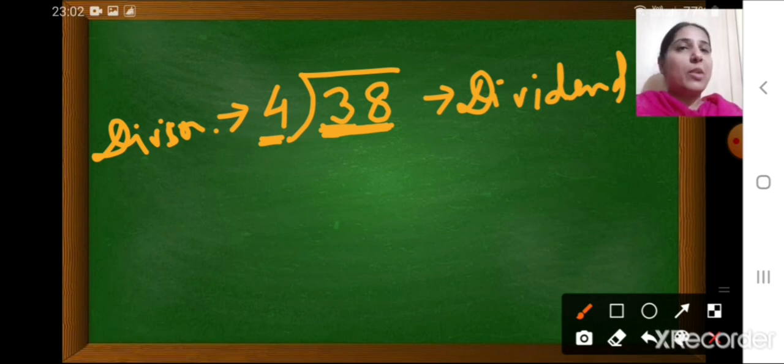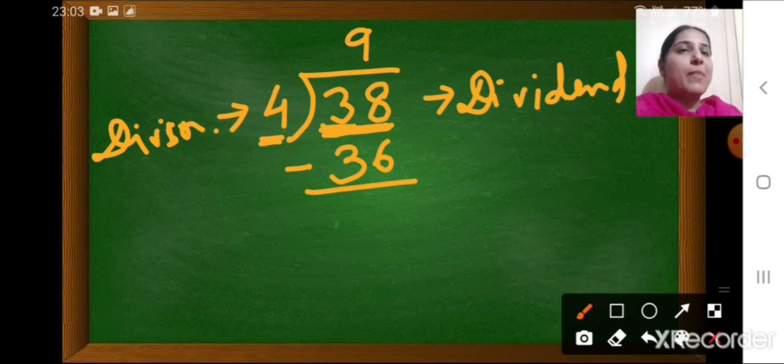So you know the table of 4. So how many times 4 will give you equal to 38 or less than 38? You already know in the table of 4 you don't get 38, but 4 9s are 36, and then 4 10s become 40. So 40 will be more. So 4 9 times, we will write 4 9s are 36 below there, and now we'll subtract.